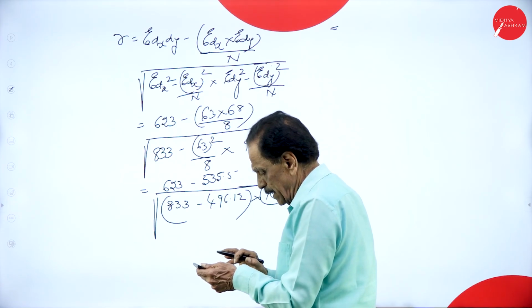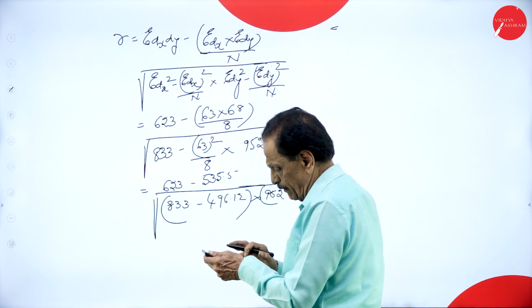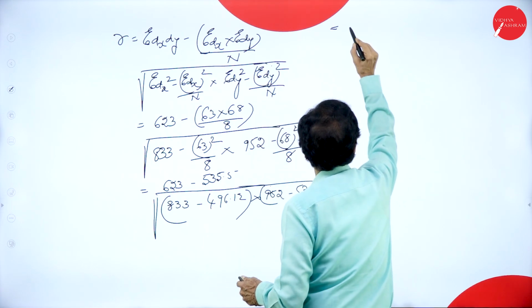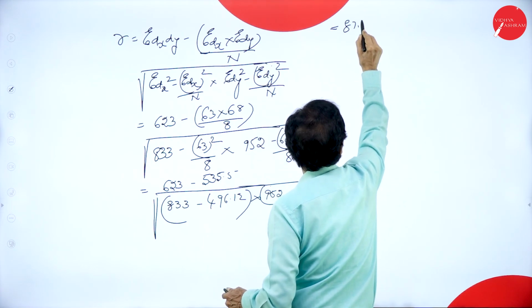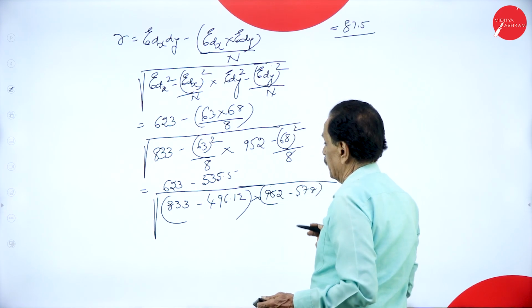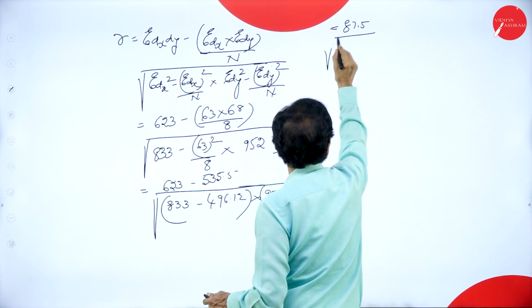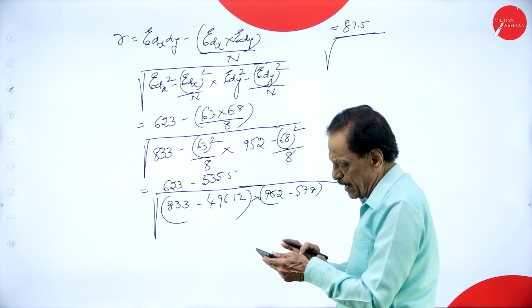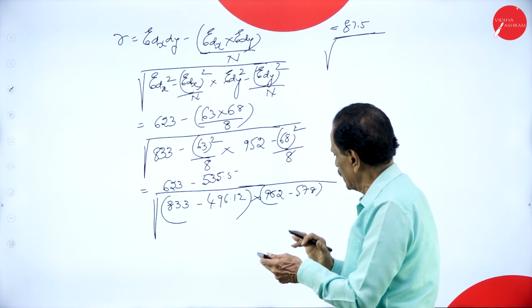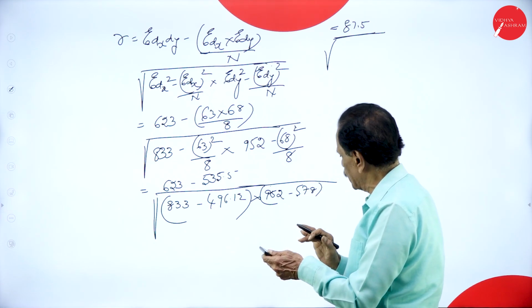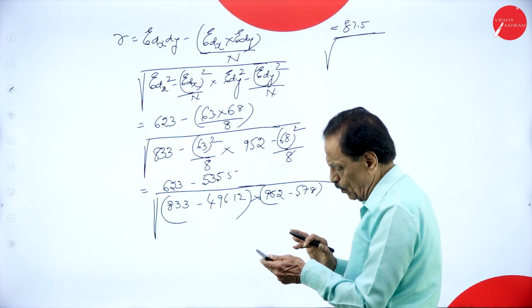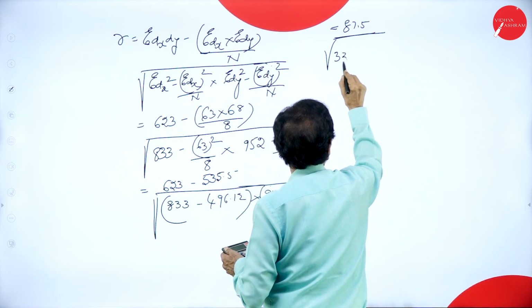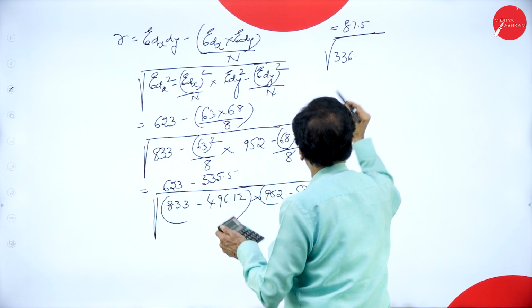623 minus 535.5, that is 87.5, divided by root of 833 minus 496.12. This is 336.88